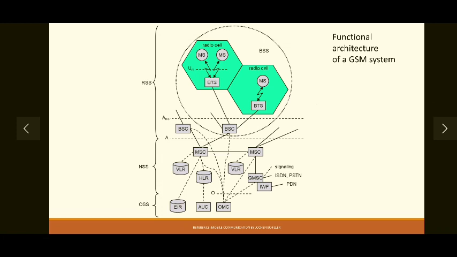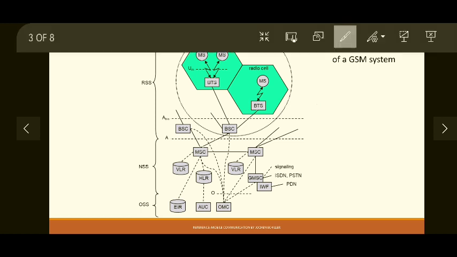Now we have seen in the last session why a cell is hexagonal in shape and how different cells are allocated different sets of frequencies for communication. Who allocates these frequencies, and how a mobile user connects to the different base stations or towers, will be controlled by the BTS. We will see functional details of BTS later on. Right now let's just see the different components. So a radio cell consists of a mobile user and a base transceiver station, that is BTS.